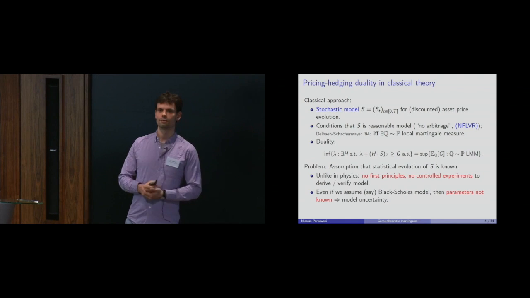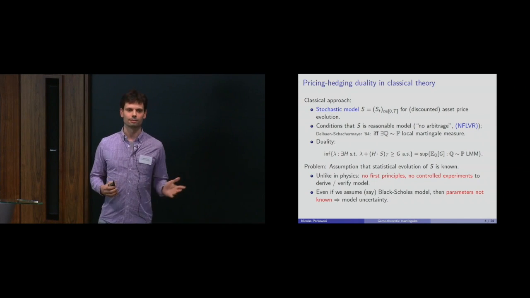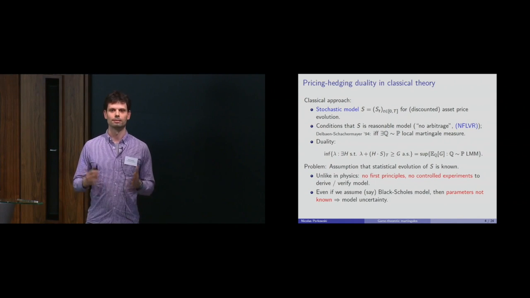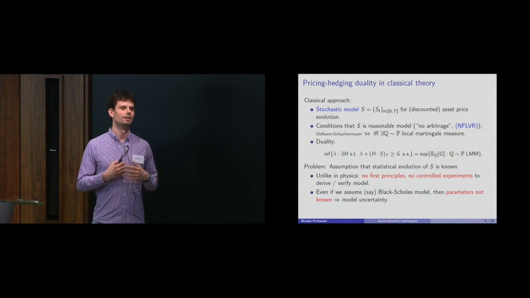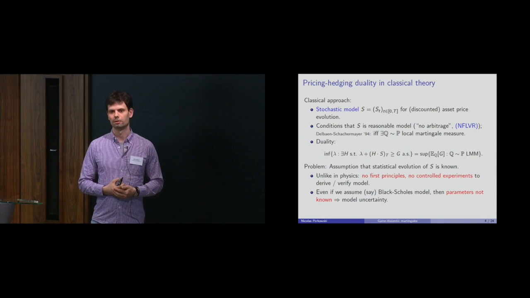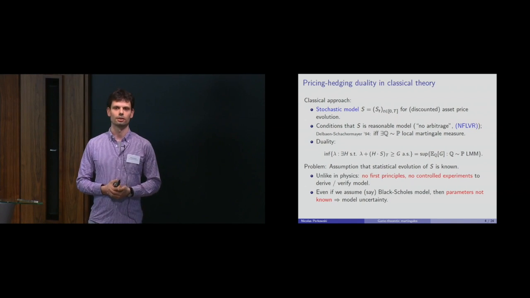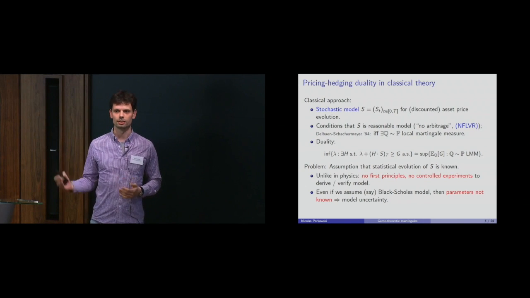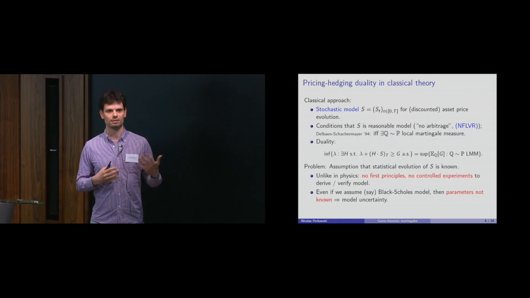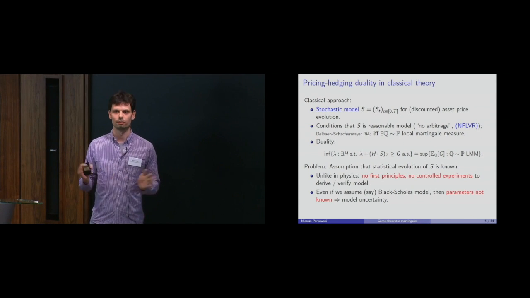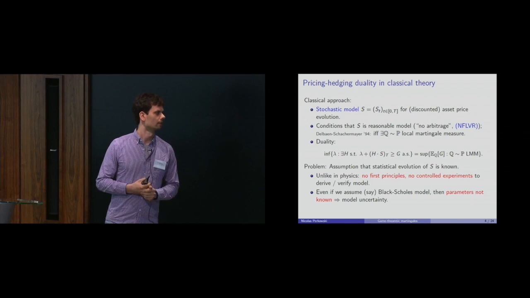I'm not really an expert on finance, so this is my naive understanding of what's problematic with that. Maybe there are people in the audience who understand this way better, but from my naive point of view, this does not secure you against all risk because you don't really know what the model is. In physics we have laws of nature, first principles from which you can derive a model. In economics it's too complex; maybe this doesn't work so well. I don't know, maybe it does, but from my understanding it doesn't.